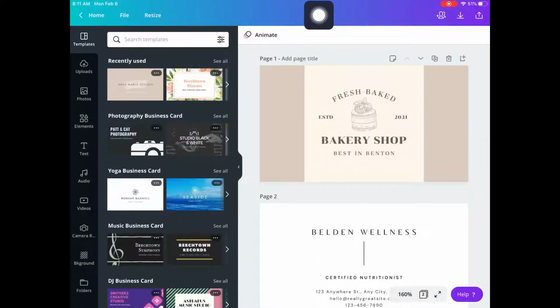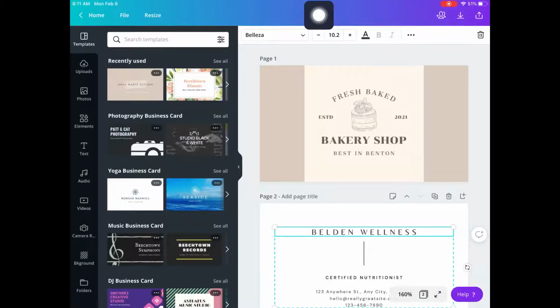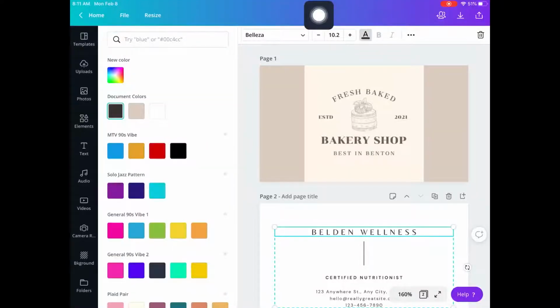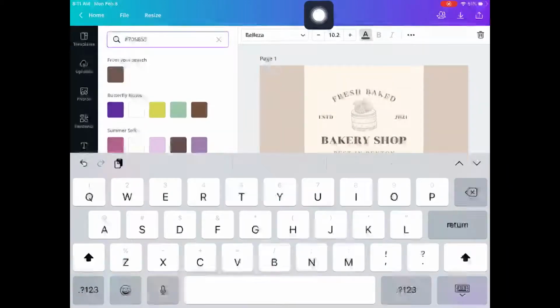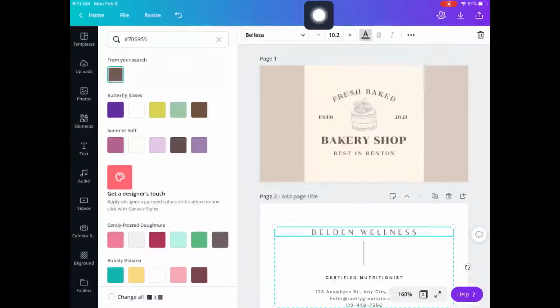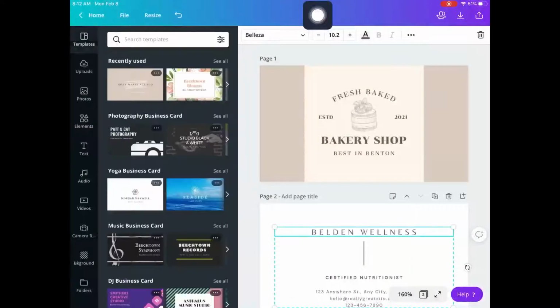and then I want to change this text, even though I haven't even written what I'm going to write there, but I want to change the color of the text to be the color that I just copied. So then I'm going to paste that in there and click on it. And actually what you can do, what I really like, you can click down here to change all of that original black color to brown. So I'm going to click that, and it's actually going to change all of the text to match that, which is really nice. And then this one,